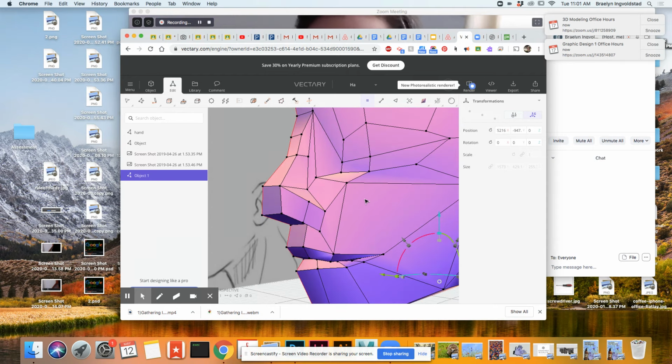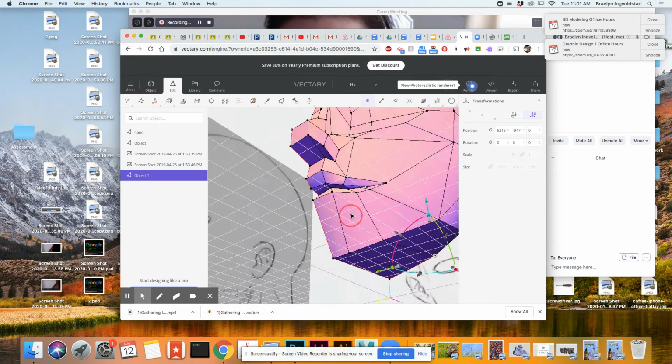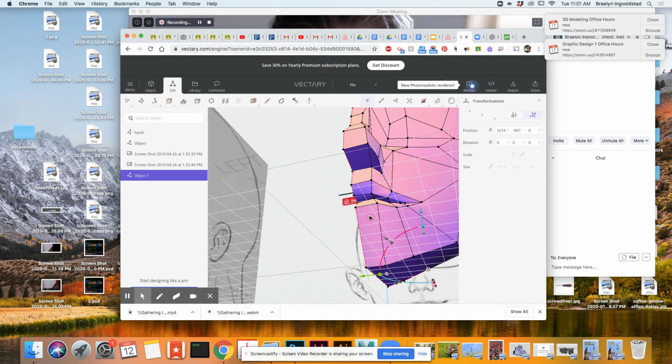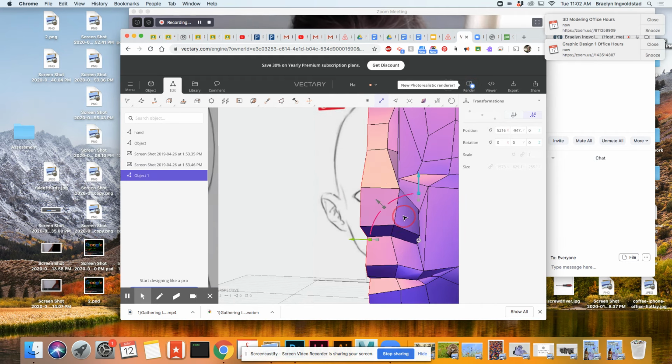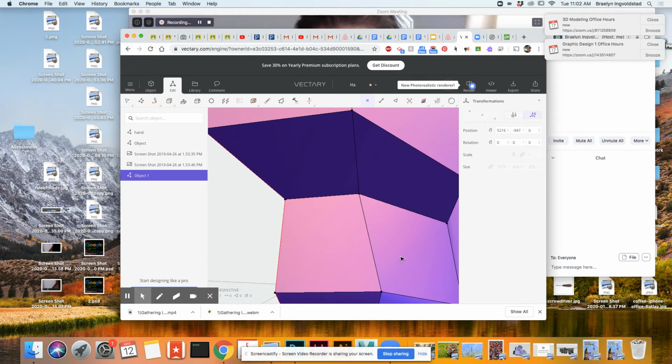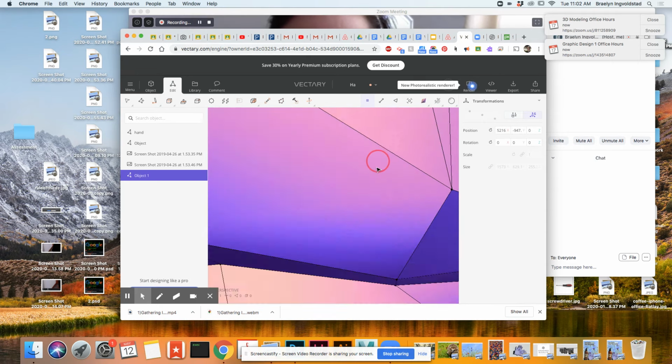Other things that we can do to add a little bit more detail before we subdivide is we can add a nostril. All right, so I'm gonna move this over just a touch. All right, maybe move this out a little bit. Maybe move this in a touch. All right, so for a nostril, come down,